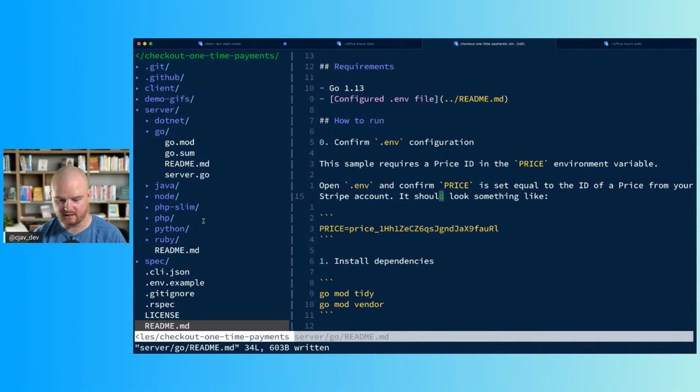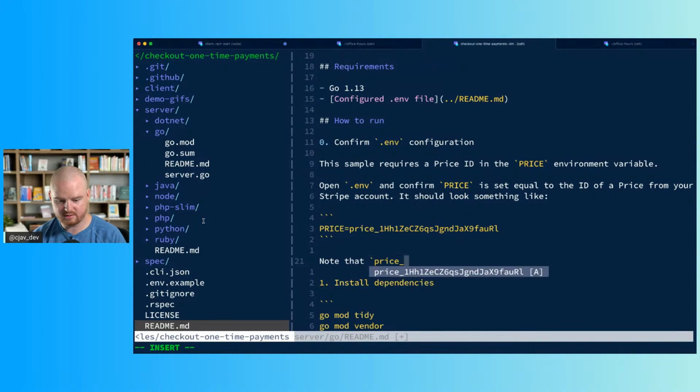Okay, it should look something like this. Note that price 125 is a placeholder, and the sample